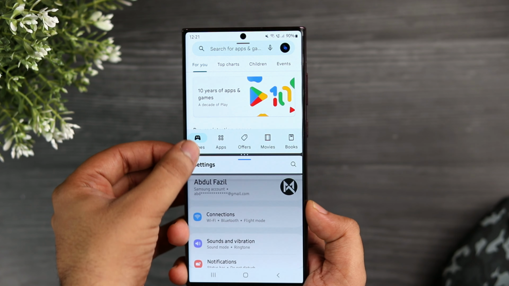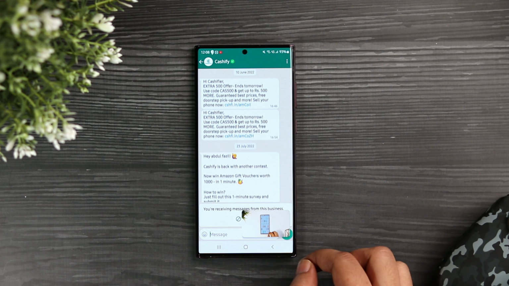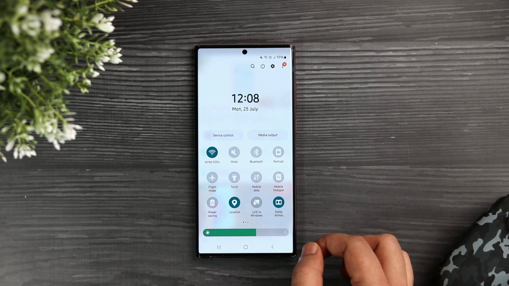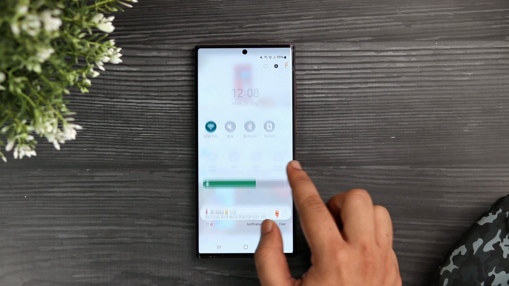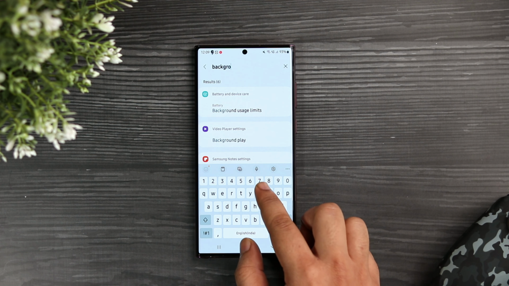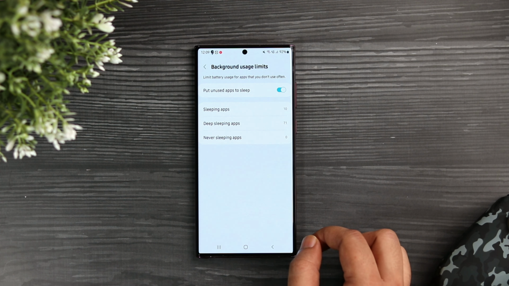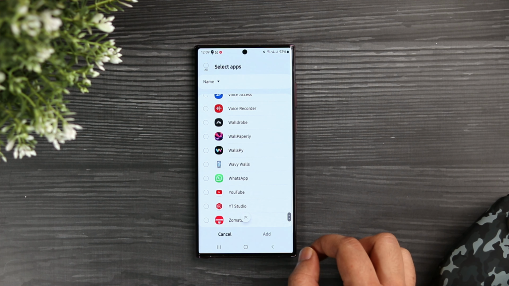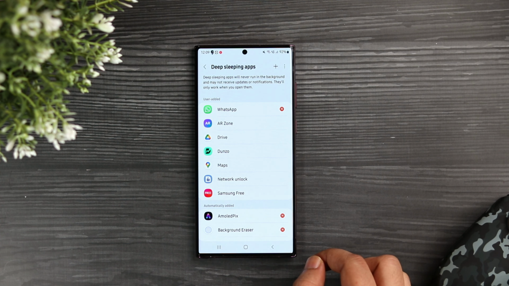it looks really nice. Let's say you are playing games or watching a movie on your phone and you don't want to receive messages on WhatsApp just for a while. In such situations, if you turn off the internet access, then your entire phone will become useless for other apps as well. So what you can do is shut off internet access only for WhatsApp. Go into your phone settings and search for background usage. Here you will find something called background usage limit. Just go inside and add WhatsApp to the deep sleeping apps. Once done, WhatsApp will stop looking for any incoming messages, and